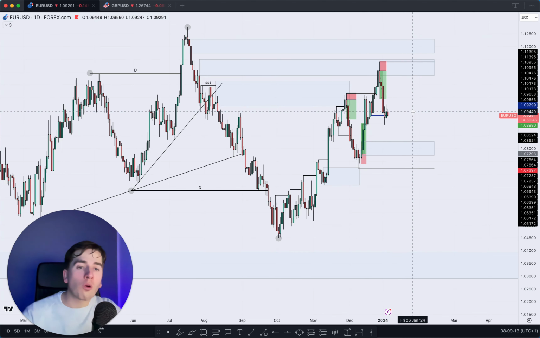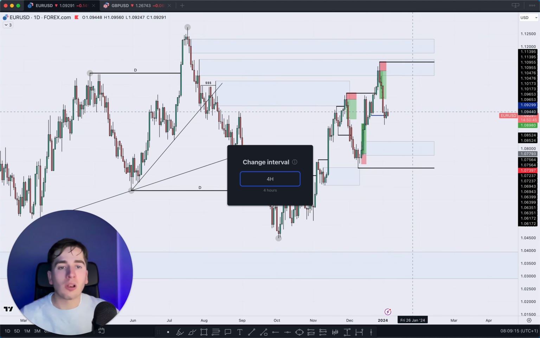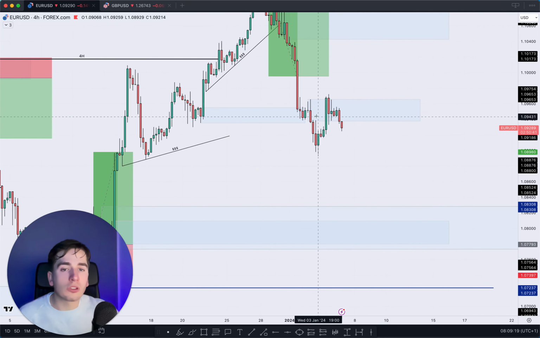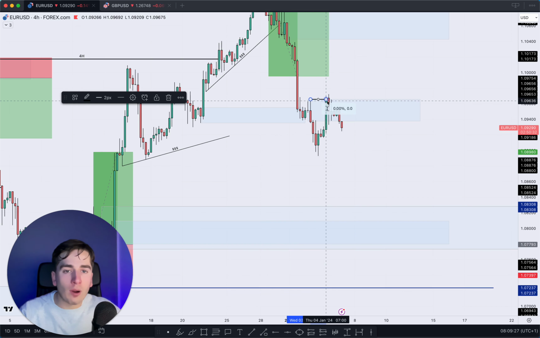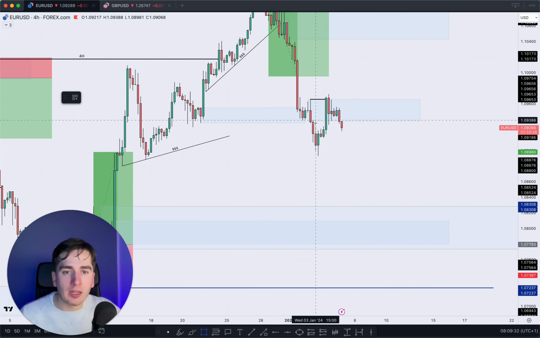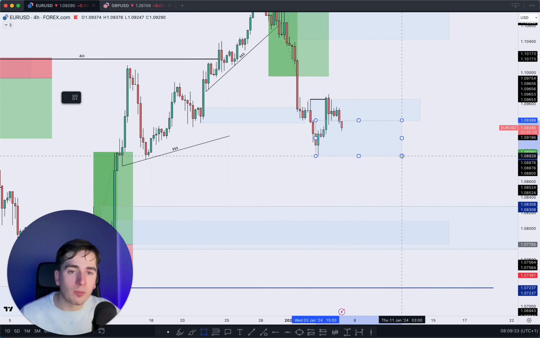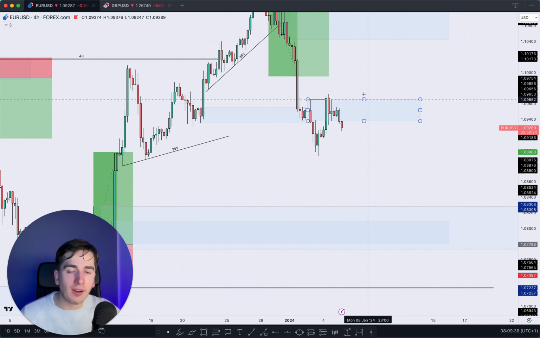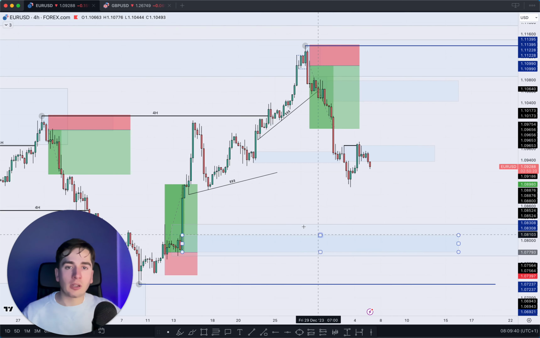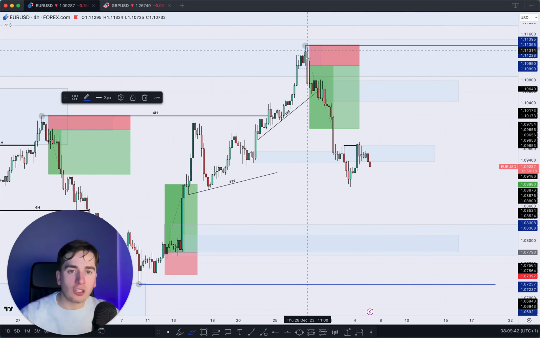Now, for the downside, we need the 4 hour to align with our vision. And is the 4 hour lining up? Well, obviously, I was looking for further downside from this area of 4 hour supply. Now, what has happened? We've broken above the high, meaning we've now seen a 4 hour fractal break. So at this point in time, we pretty much have an area of demand positioned over here now, which broke that fractal high and which can push euro dollar further in towards the upside, especially after such an overextended move